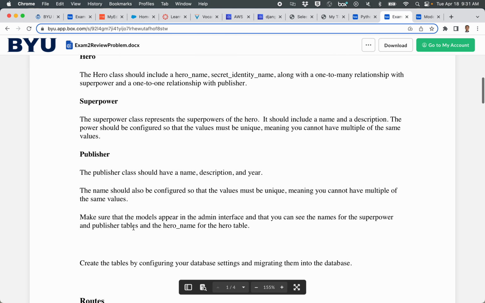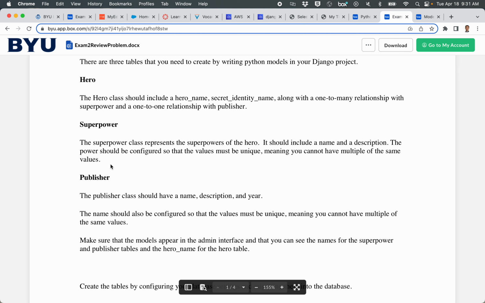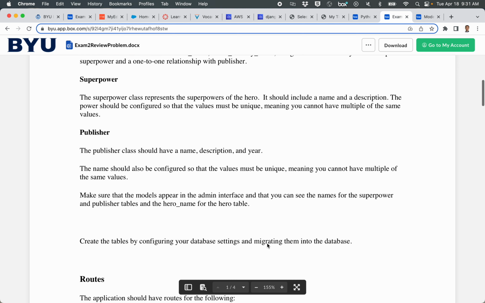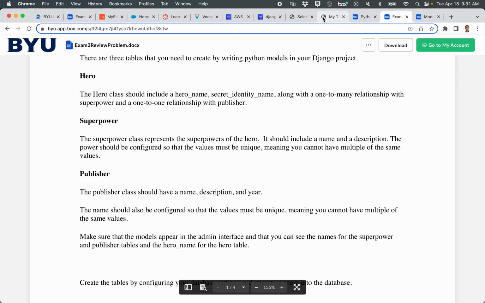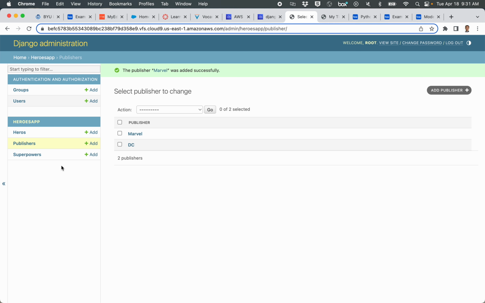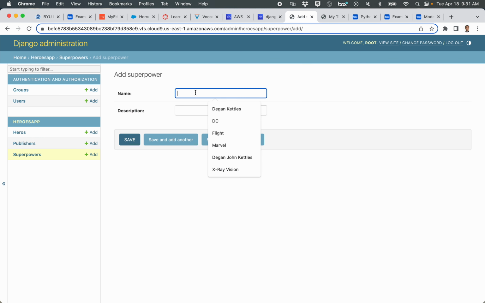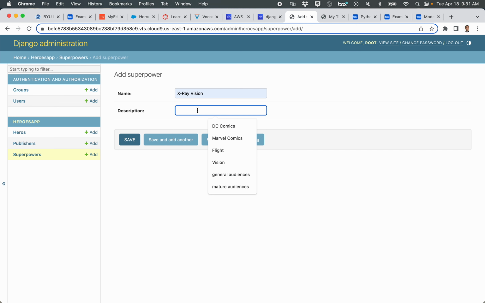So although it says right here at this step in the exam, and you'd be fine just going through step by step, it says just make sure you can see them in the interface. And I'm getting a little ahead of myself, and I'm going to just go ahead and add some things to it already. All right, superpowers. Let's go ahead and add in X-ray vision, and I'll just call this vision, and I'll say